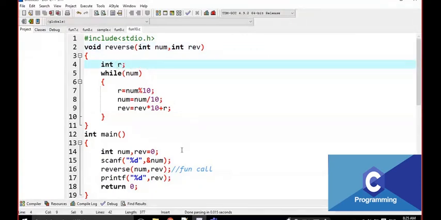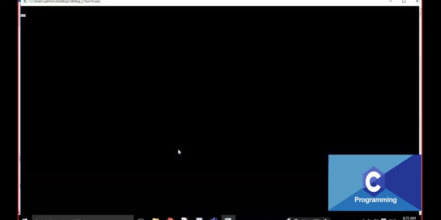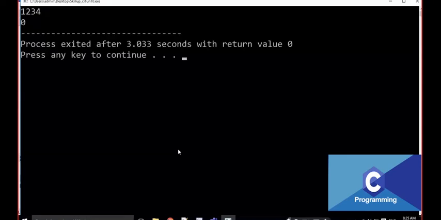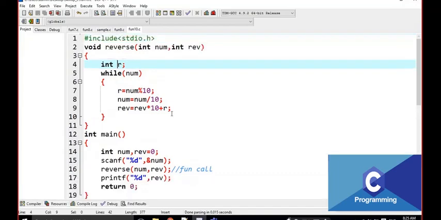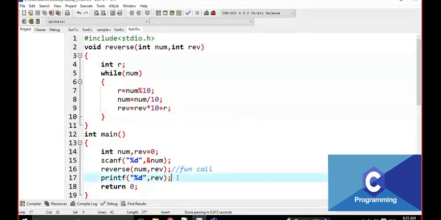Okay, like this. For example, if I execute it, there are no errors at all. 1, 2, 3, 4. The output is 0 here. Why? Because I made some modifications in the REB, right? But the modifications are not reflected back to the main function. Why?